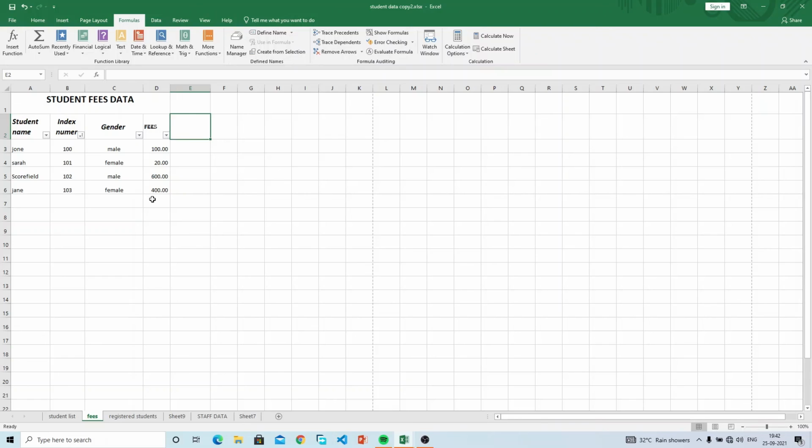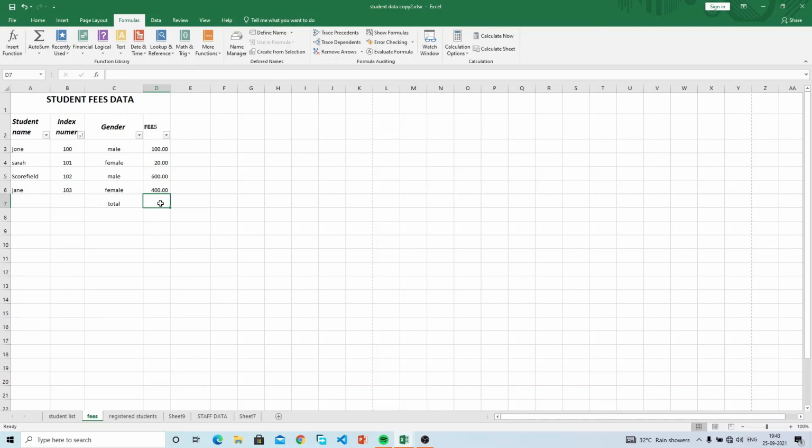So let's see how handy that can be. We can click on this cell, and then wherever you need the value you are using the formula to calculate for, that is where you put the active cell. All right, so we select here as the active cell because we need a total here. So let's type total here,